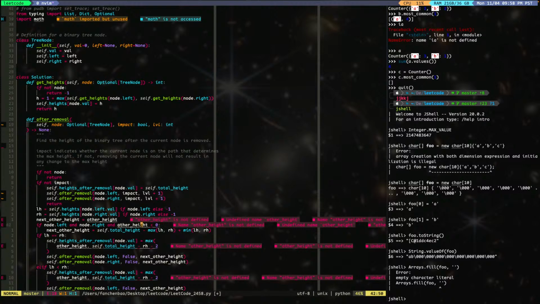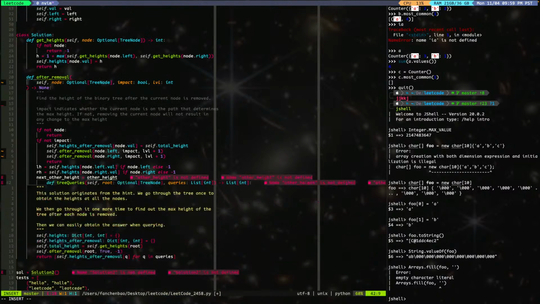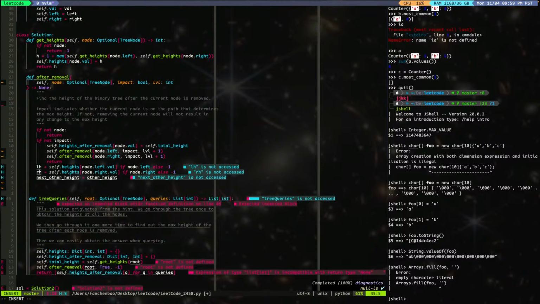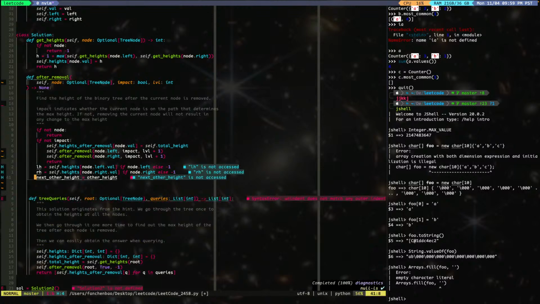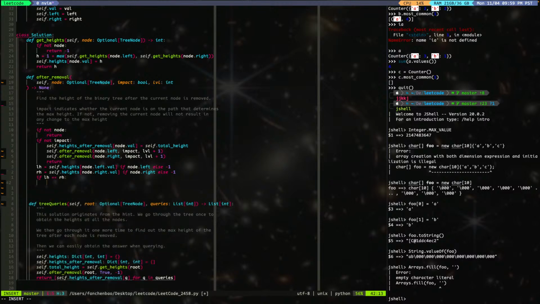And then what we're gonna do is, I don't need any of this. So what we're gonna do is I have the left height, I have the right height. And if the two are the same,